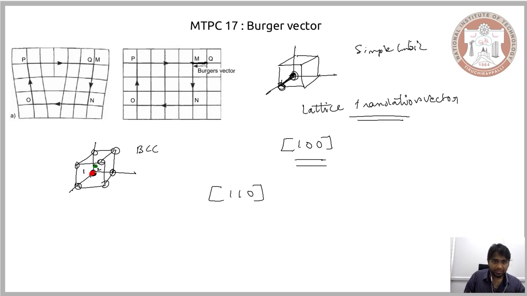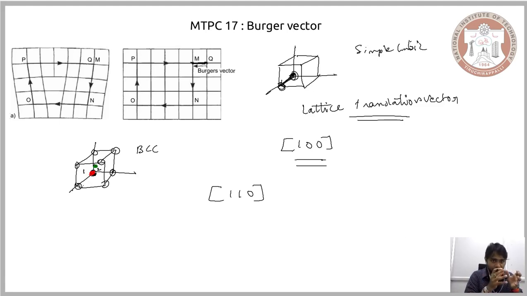When you have a Burgers vector that has magnitude equal to the interatomic spacing between these 2 atoms, it is a lattice translation vector. And in this case, wherein the interatomic spacing is between these 2, that is 1 and 2, the atom at the corner and the body centered atom, even that vector is referred to as a lattice translation vector. So there are 2 possibilities of having lattice translation vectors in BCC: the distance between the corner atoms and the distance between the corner and the body centered atoms. Now we are focusing on the distance between the corner and the body centered atom.